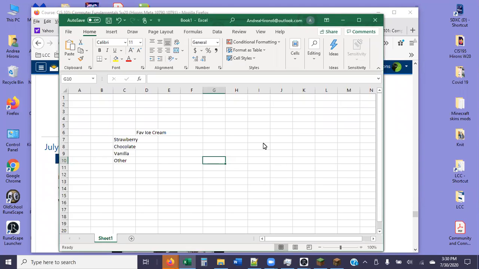So we have not yet talked about the theory of charts. When people are making charts in Excel, they are trying to tell a story. And you know the saying, a picture is worth 1,000 words. You want to make sure that your chart is saying the correct 1,000 words. So if I have favorite ice cream flavors and I put in some numbers